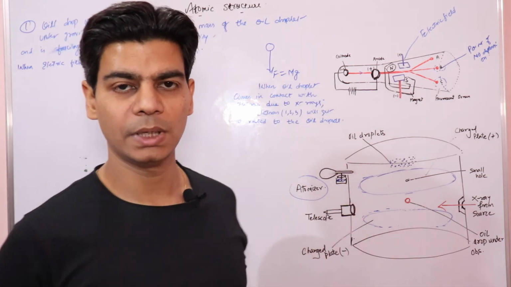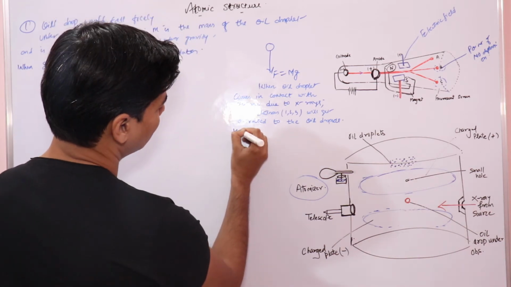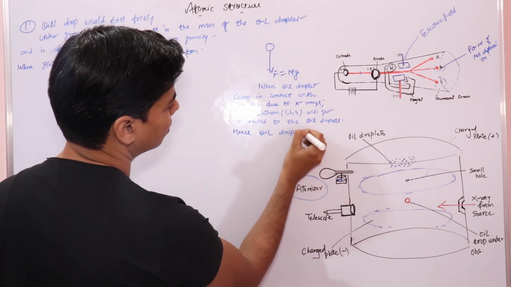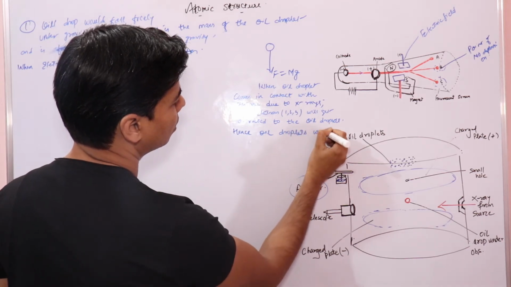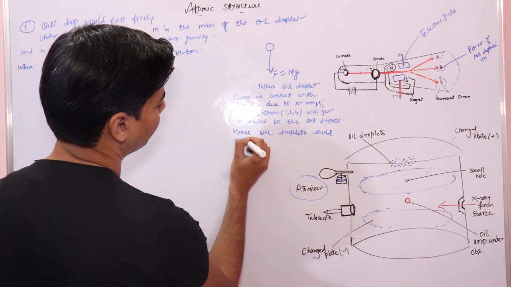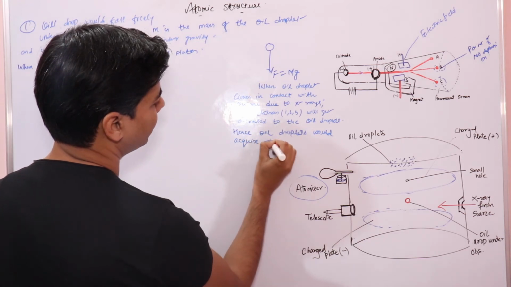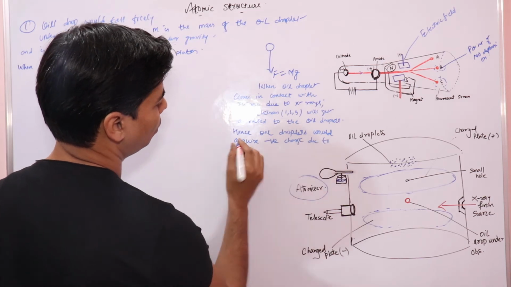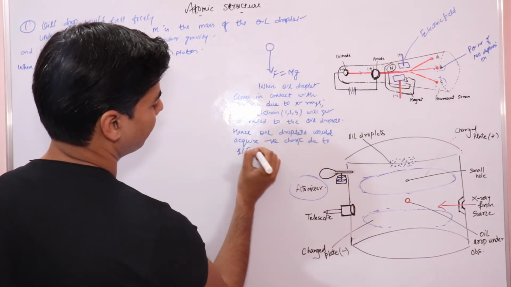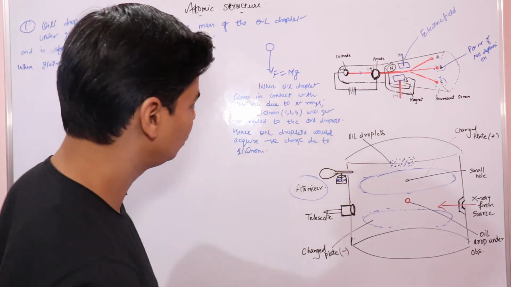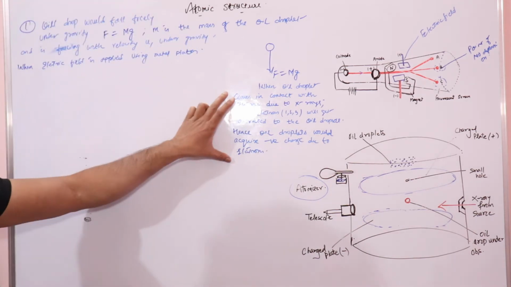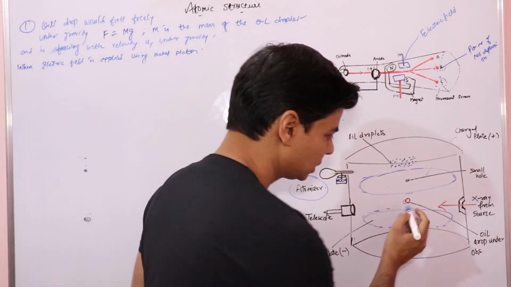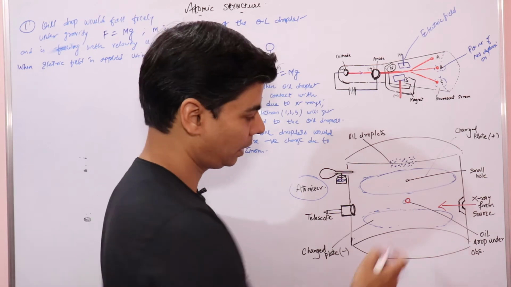So these oil droplets will acquire a negative charge, hence oil droplets would acquire negative charge due to these electrons. Now we are clear with this, that this oil droplet has electrons attracted to it, and this oil droplet